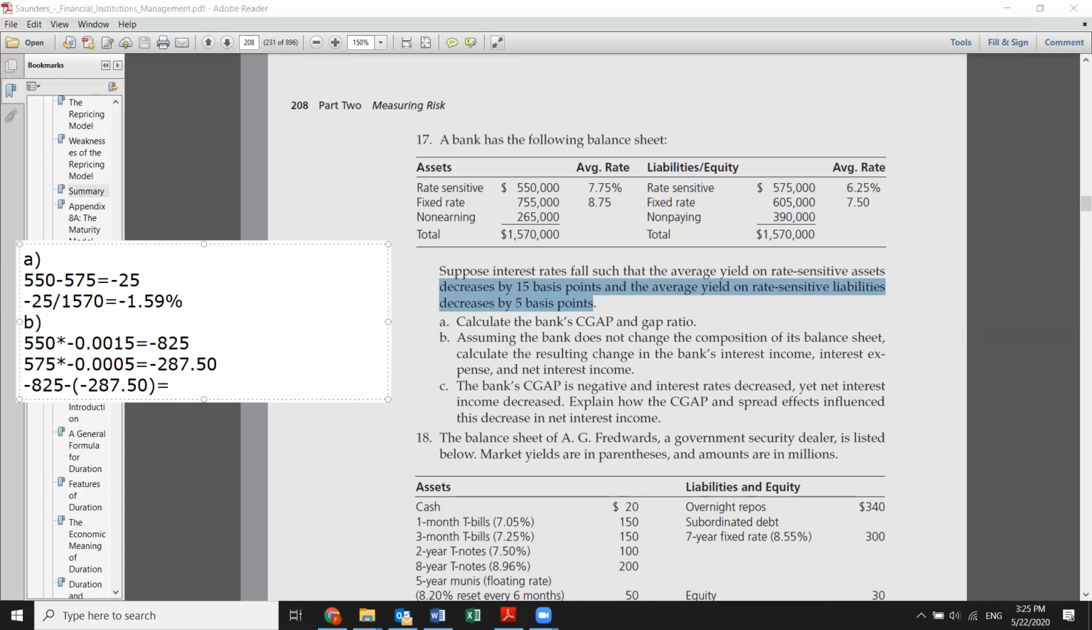And so it will give us, as we can see, 530. So our change in net interest income will be negative 537. And part C,